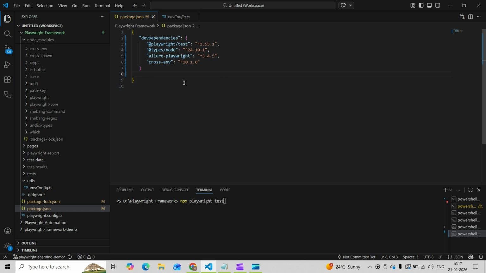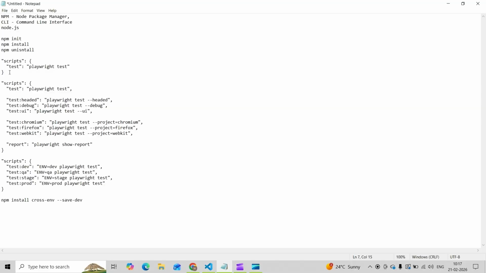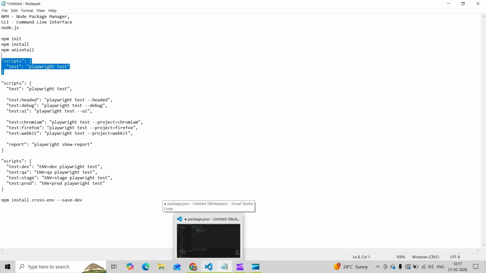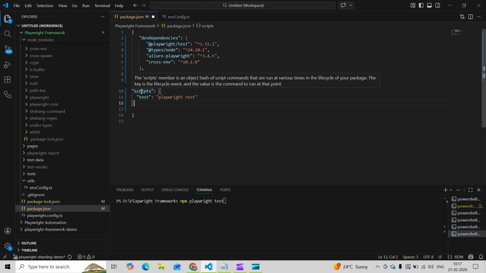Let me write a basic script. By default in package.json we have devDependencies. After this, put a comma and write scripts. It should be in double quotes. I'm just copying it from here so I don't make mistakes and take extra time. After the comma, scripts should be within double quotes, then a colon, then open the brackets and close the brackets,